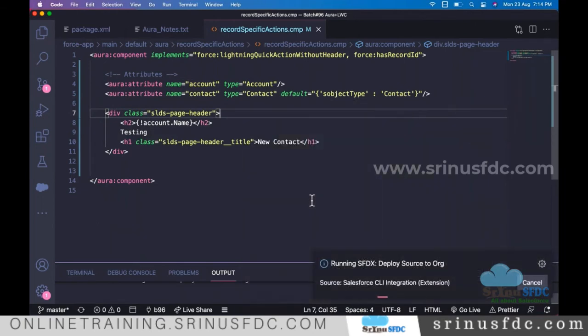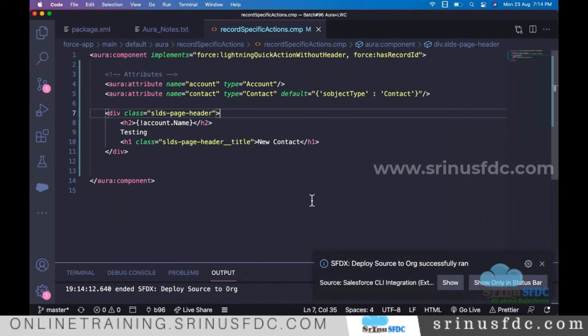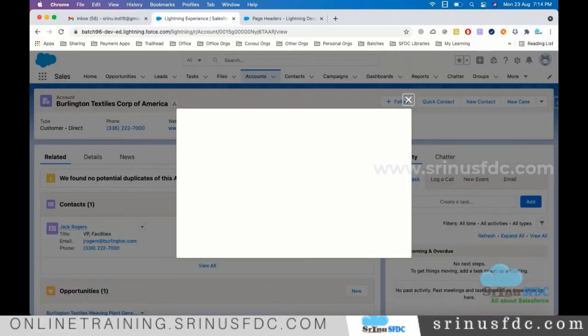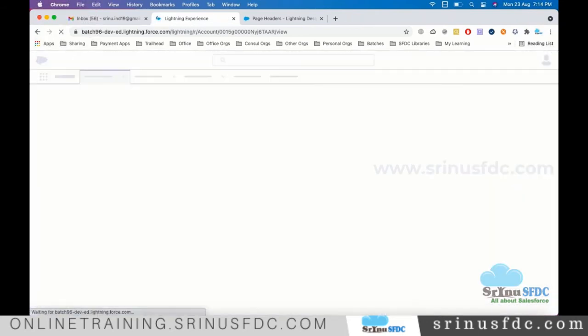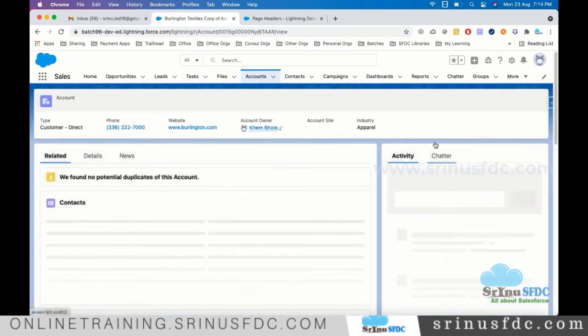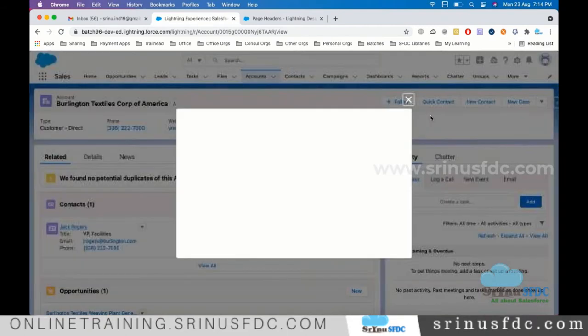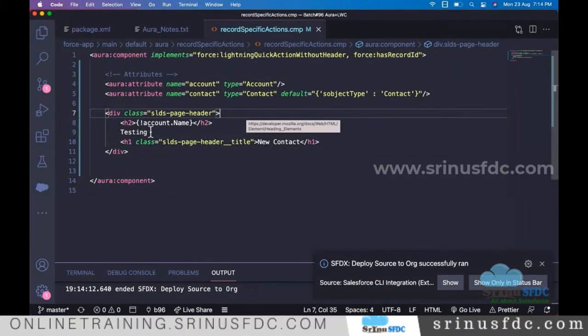Okay, maybe let me deploy and see. Sometimes there might be a caching problem. The system takes some time to refresh. Yeah, nothing is there. At least this should come up.